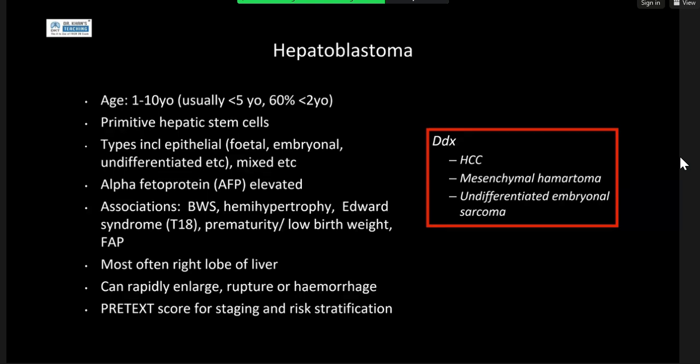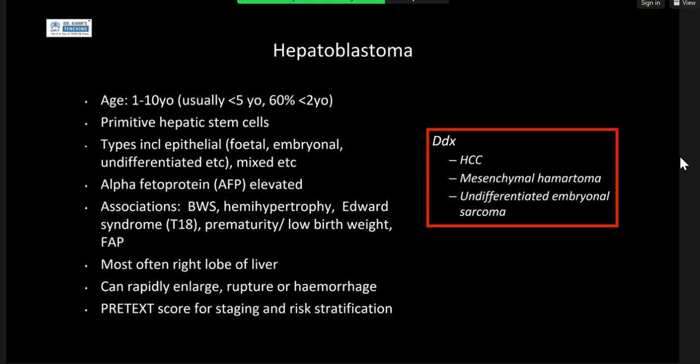And what you look at is where the tumor is involved, the number of segments. And the other image-defined risk factors would be: is the caudate lobe involved, can they separate things away to preserve part of the liver or do you need a whole liver transplant, any extrahepatic disease, any rupture, looking for metastases, is your portal vein involved, is your hepatic vein or IVC involved. So the higher the score, with an increasing number of image-defined risk factors, and a very high or very low AFP, puts it in a high-risk